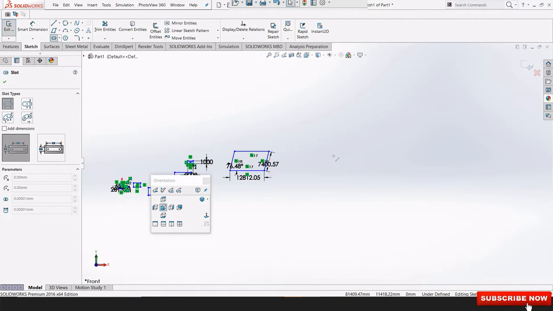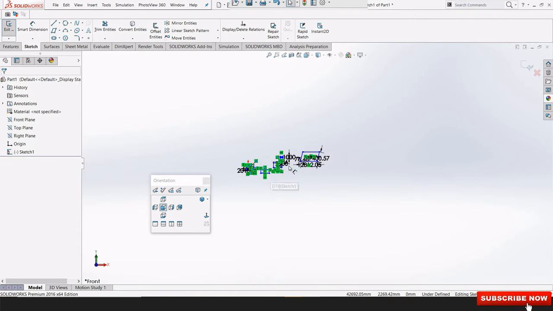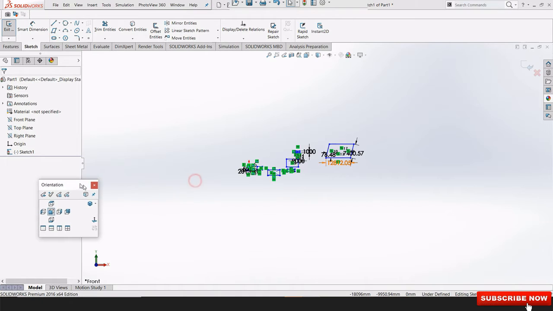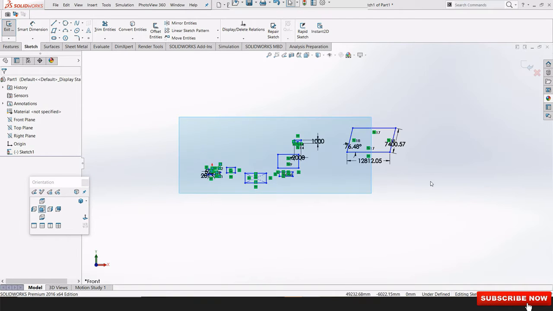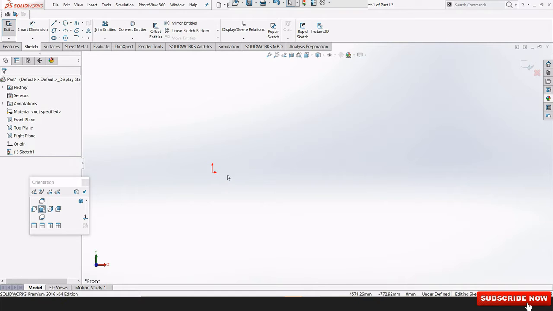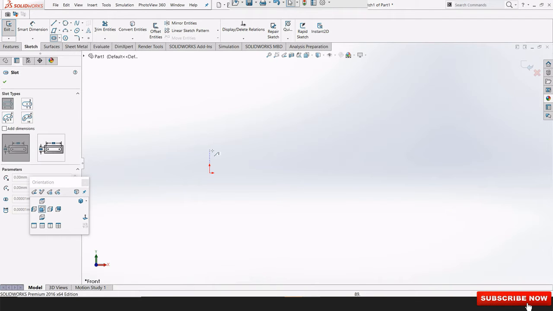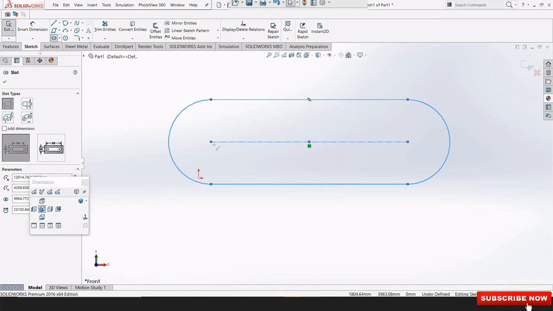So this is a straight slot, but we will delete all these things, then we will see furthermore. You'll have to click on the delete button. That simply erases all the things on the face. Then we are having slot. That's it. Give radius, length, and a start point reference.